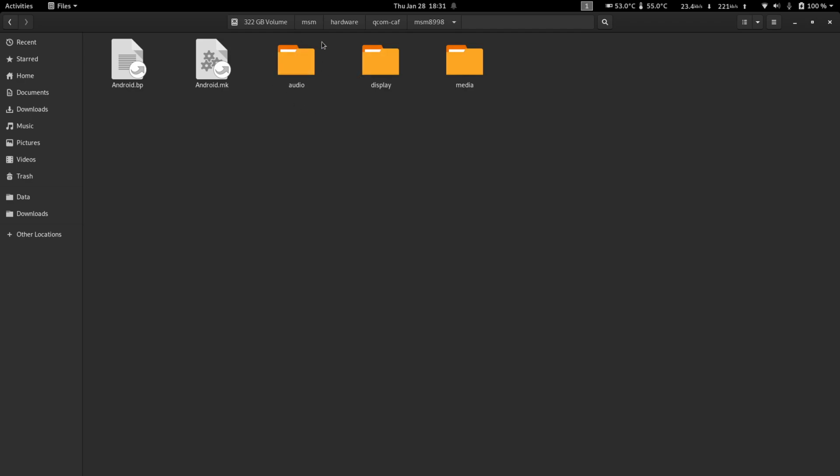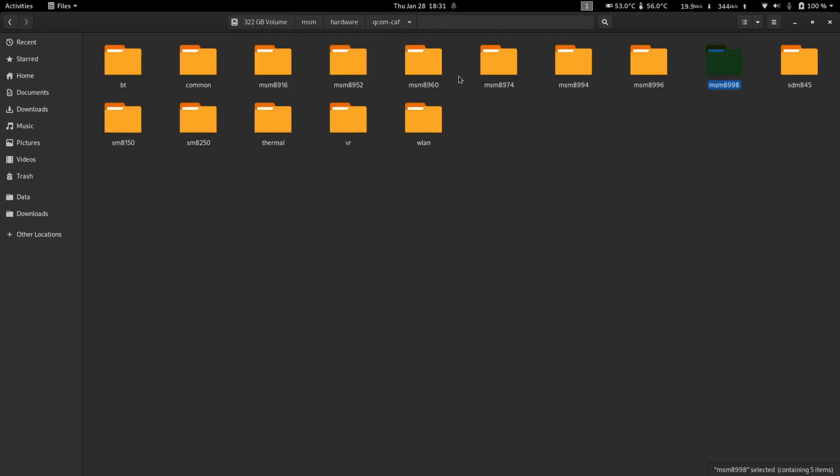Audio is again making your speaker work. And sorry, I'm a bit bad at explaining, but these are categorized according to the processor you have. So SDM845, like I told you, Snapdragon 845.